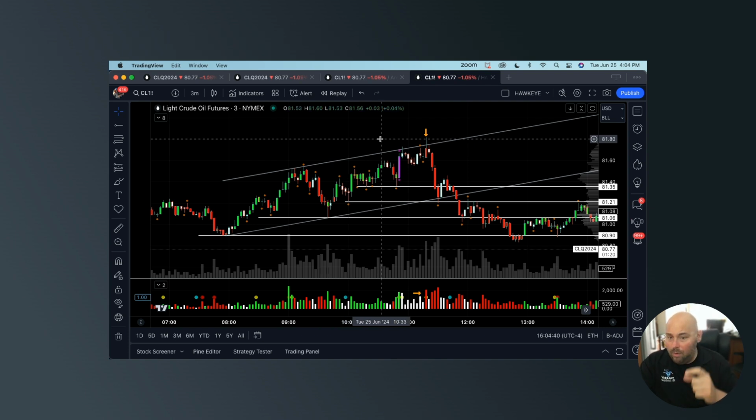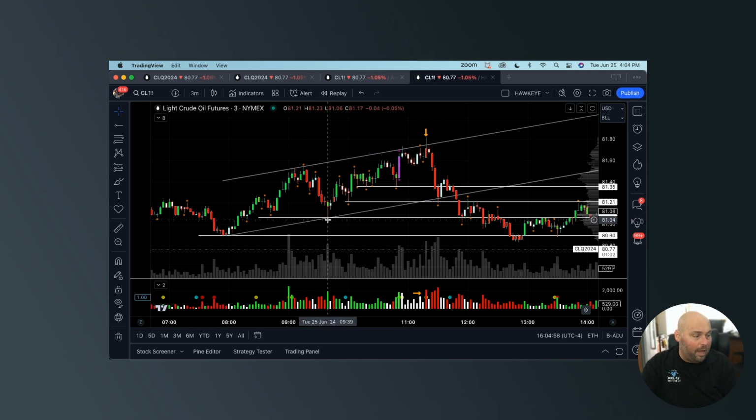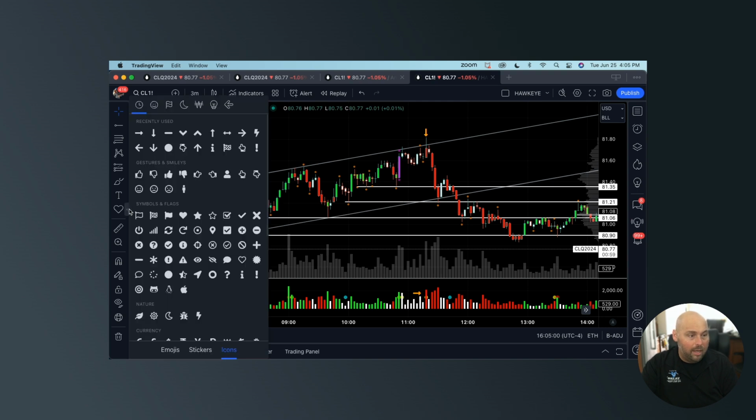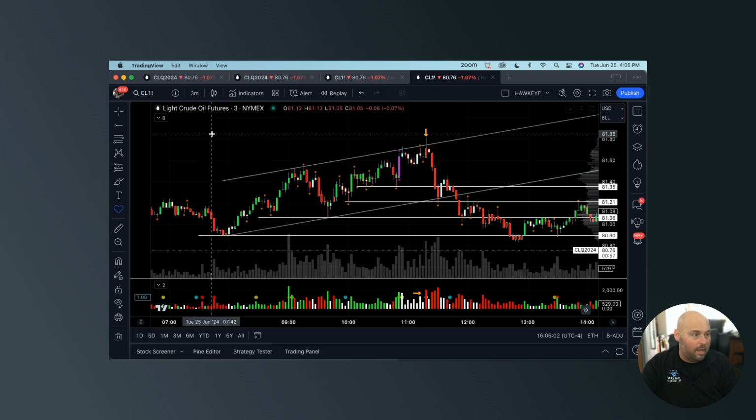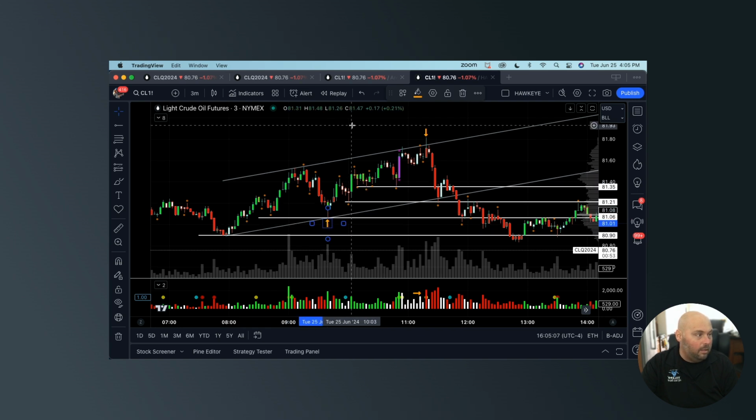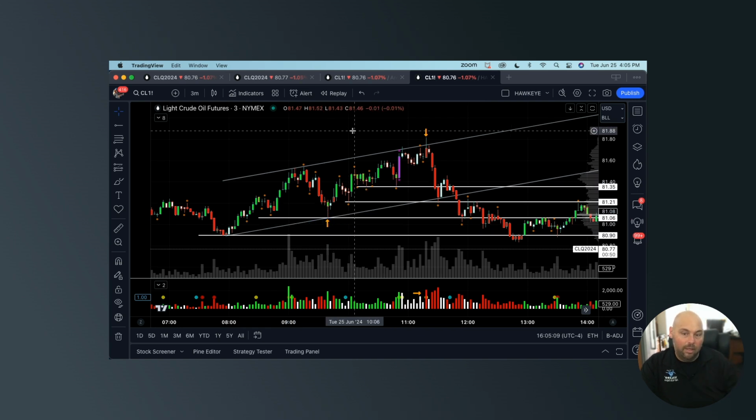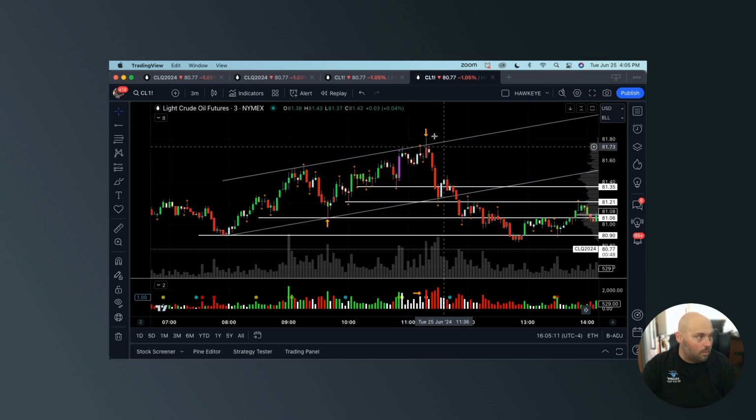Now, if you're looking for red tops or red bottoms, you're going to be wanting to look for them at either support or resistance, okay, guys? So just keep that in mind. This is not just at any random point. This is at a key level. That's when and where these red tops and green bottoms are going to come into play. And if you notice, we have one plotted here at 9:39 a.m. Eastern Standard Time as well. And it's going to play a valuable role in taking profits as the market continues to move lower off of